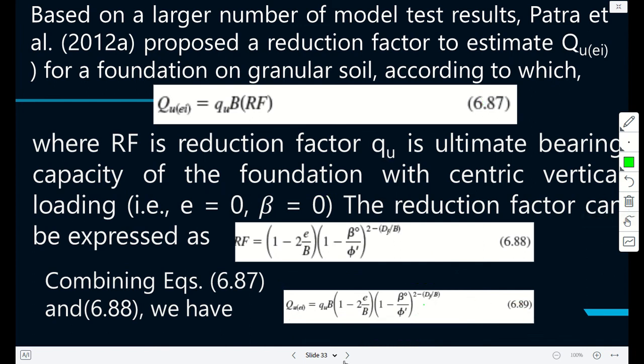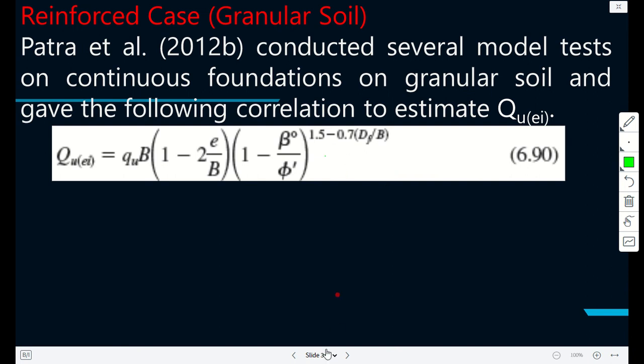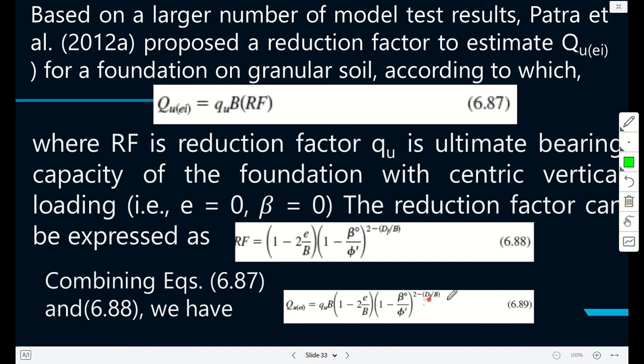Let's see, 1.5. You can see, you can note this. Those values are a little different. So this is just to make sure